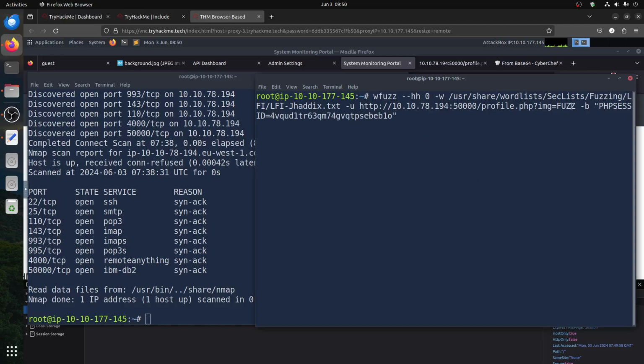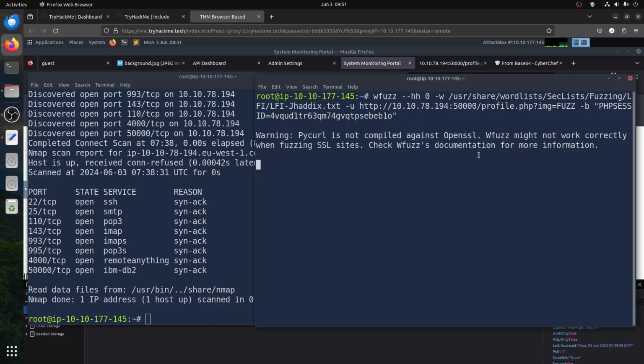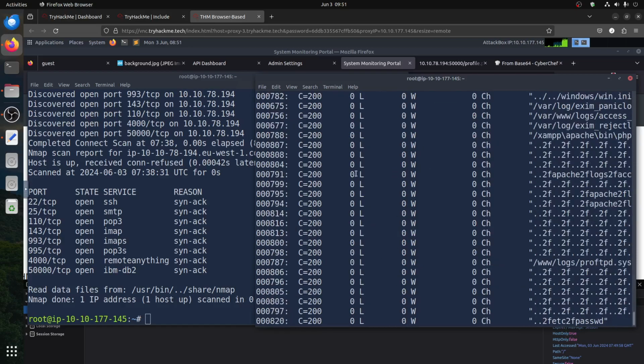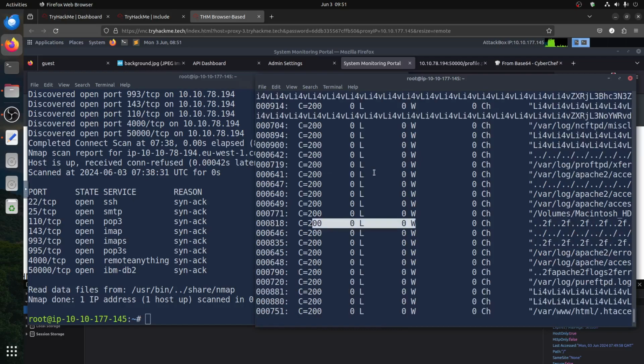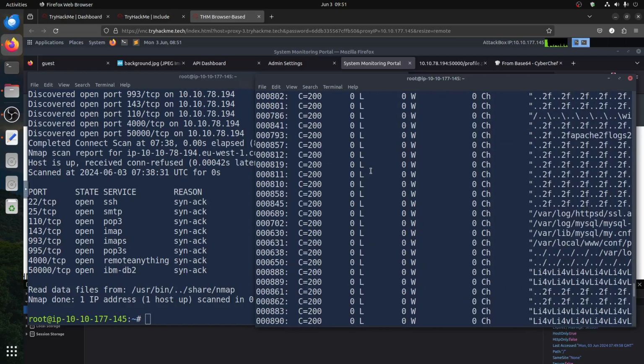So I'm fuzzing for the correct parameter, and one worked, the other didn't. Only one of them worked for me. And then if we run it, I don't know, when I do 0 it's still showing me this line. I don't know why the command, because I assume when I put